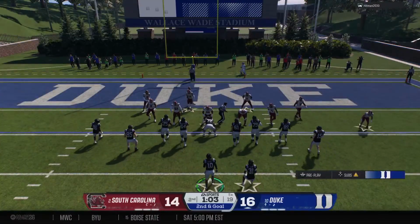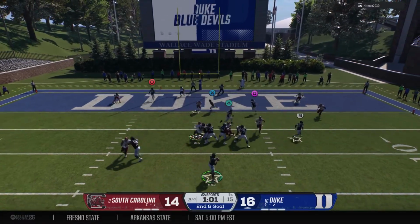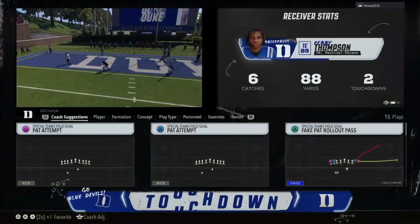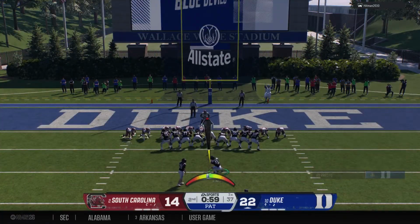No gain makes it 2nd down and goal from the 5. Quarterback looking to throw it on 2nd down. Looking for 6. And he will score. Touchdown, Duke. I'll tell you what, in this first half, this quarterback seems to be making all the right reads